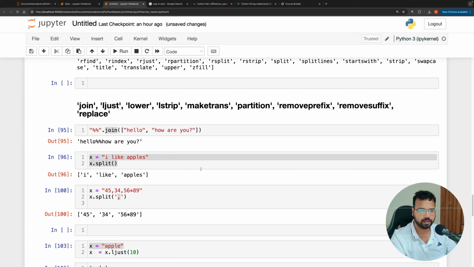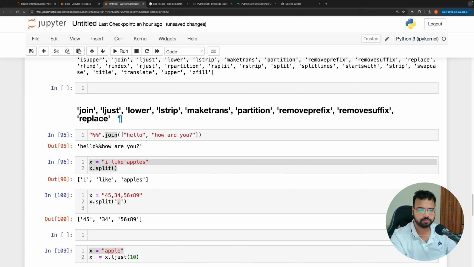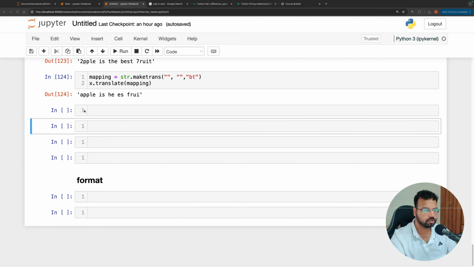Let us go up to partition, and removeprefix and removesuffix. Let us talk about partition. Partition in a string is used to again separate a text, just like how we did it in split, but this is slightly different. It is partitioning the string based on the first occurrence of a delimiter character. Say for example, let me take a string, let us say x is equal to apple-pie